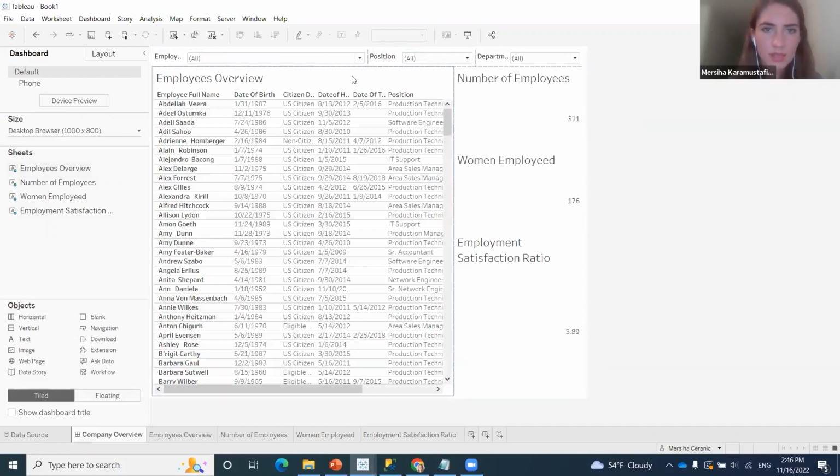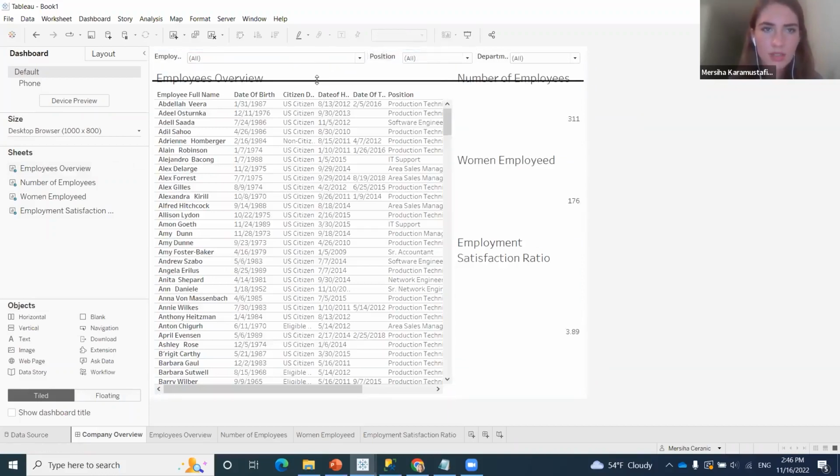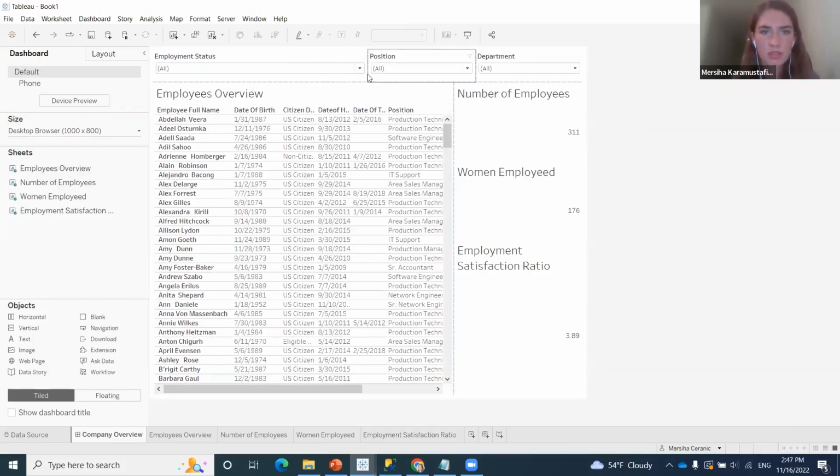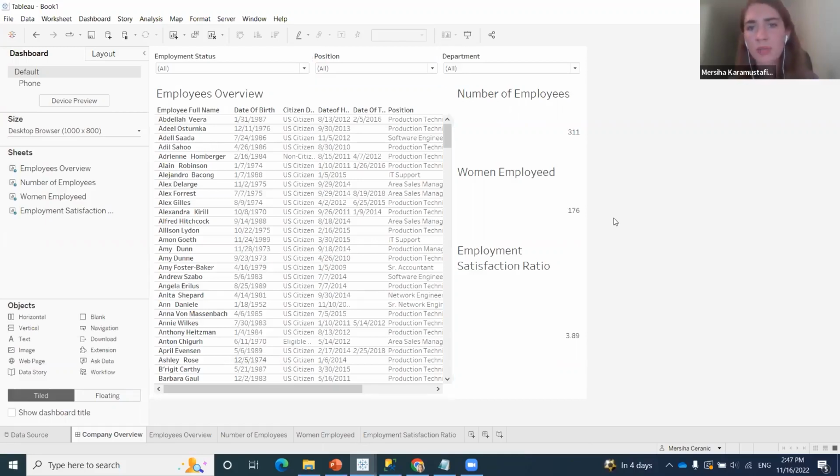And let's make these filters a bit higher. Okay, great. We added all three KPIs. So we added our employees overview table. We added all three filters, and now we just want to adjust the format a bit of these